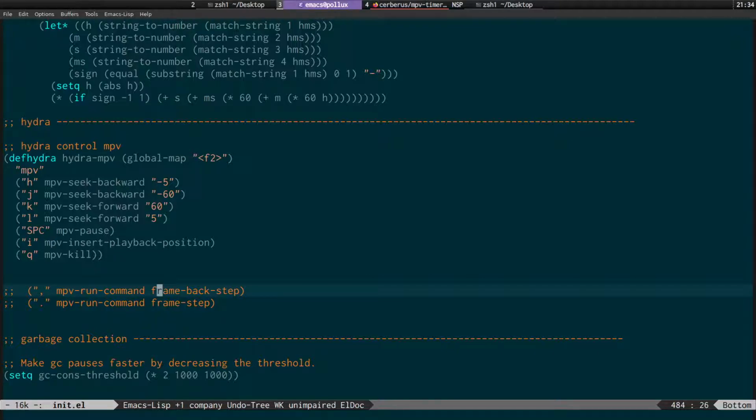So what I did was create these keyboard shortcuts for comma and period, which are the default ones to go back and forward a frame, and tried using this mpv-run-command to go back and forward a frame, but for some reason I got it to work once and then couldn't do it again. And also it didn't seem to pause after you'd press the command. It would carry on playing, whereas normally you can go back and forward a frame and it will stay on that frame and pause. So that's one thing I needed to figure out how to get around. So if you have a look at the mpv-run-command in the mpv